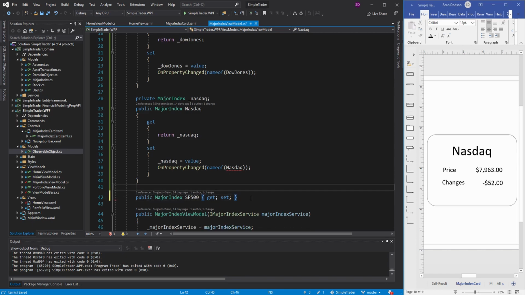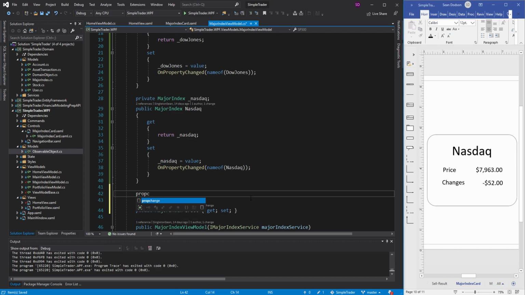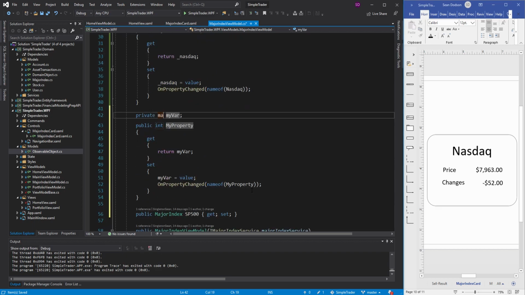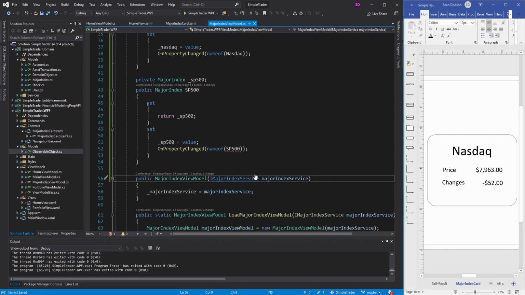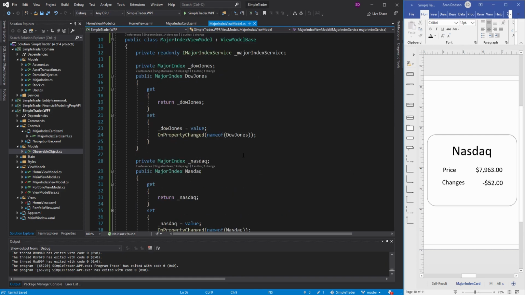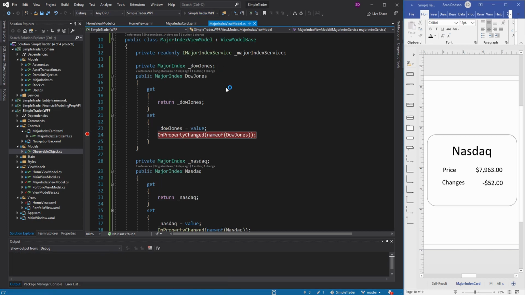So we can get rid of this property, and then we need another prop change for S&P 500. And we can remove this plain property down here. So now what's going to happen, put a breakpoint right here. If I run this,